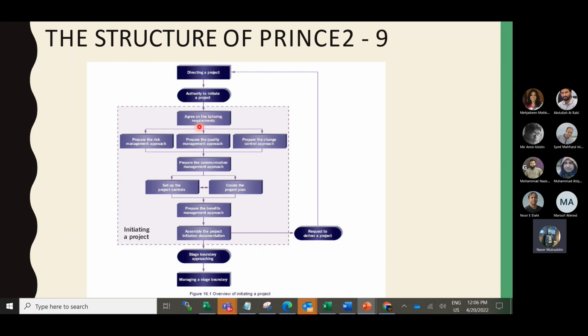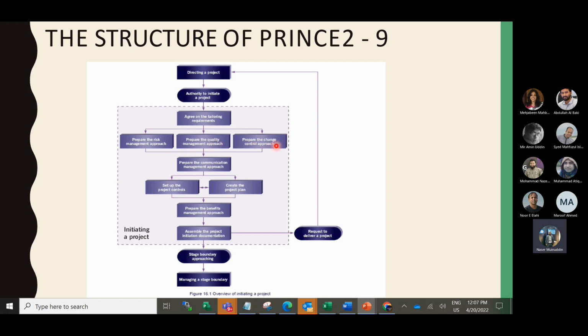Then in this process they create the risk management approach, how the risk will be captured, and prepare the quality management approach. If the project delivers some products, how you ensure the quality needs to be addressed here.